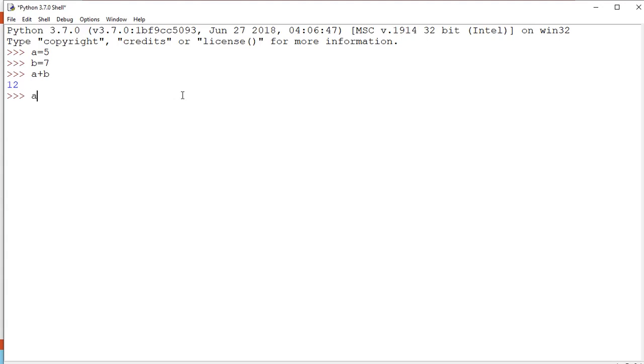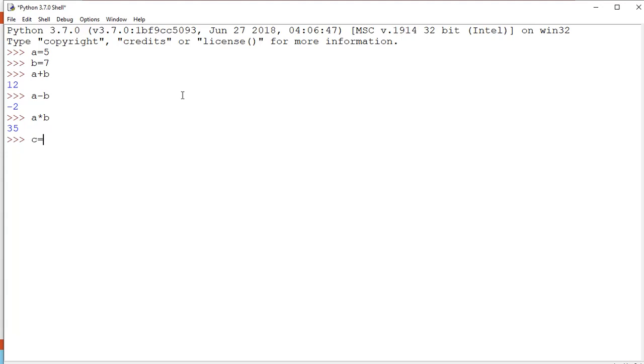Similarly, you can write a minus b. So a minus b will also provide you a result. Here minus is again a binary operator, and it triggers an operation, so minus is an operator obviously. You can write a into b, it will still provide you a result. All these operations are arithmetic operations and are also part of the binary operators. Now let's see a different part, that is float division, remainder, and exponentiation. These are new terms for you. Let's try to understand how they work.